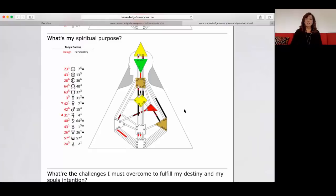Looking at Tanya's Chiron. Chiron is in the 2 and the 24. Again, the rationalization piece in the unconscious. And the 2 is about receptivity. I love the 2. It is actually a hexagram that's called yin-yin. It is purely feminine, not by gender, but feminine by energy, purely about receiving. The 2 actually comes off the bottom of the G center here. The 2 says that because I am who I am,